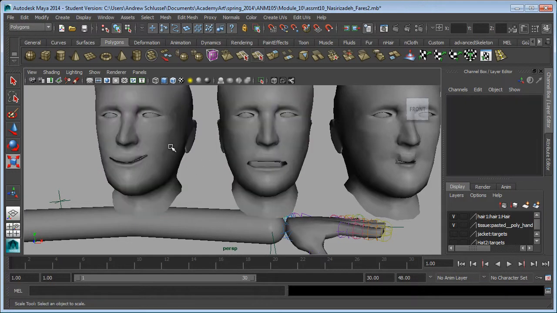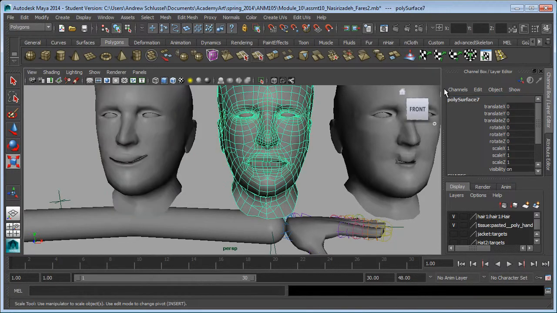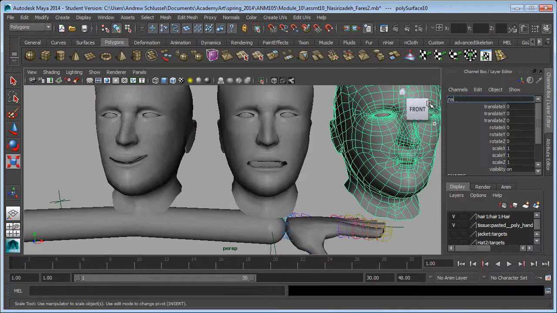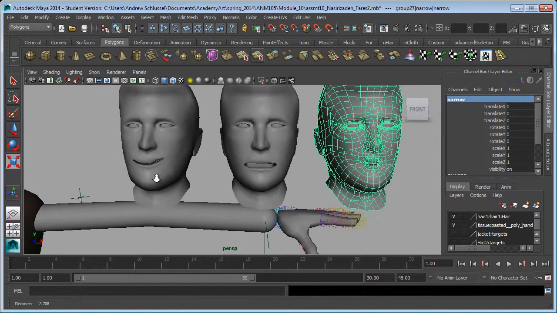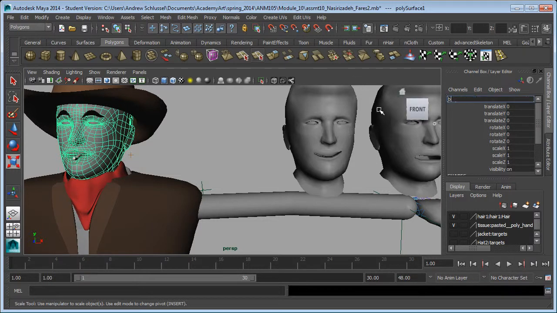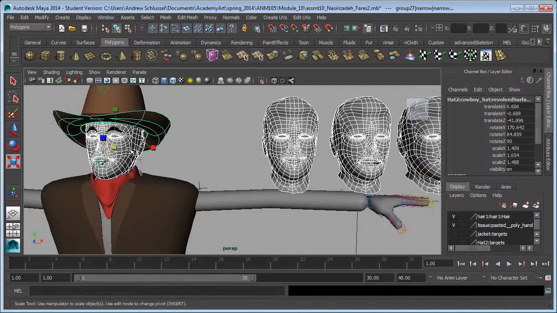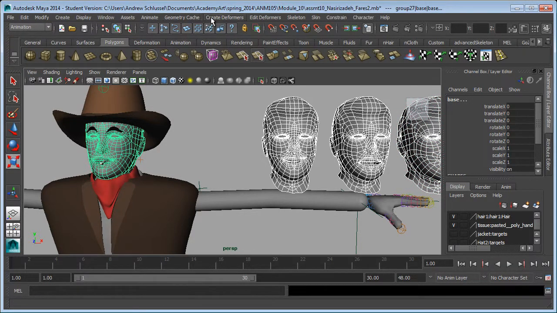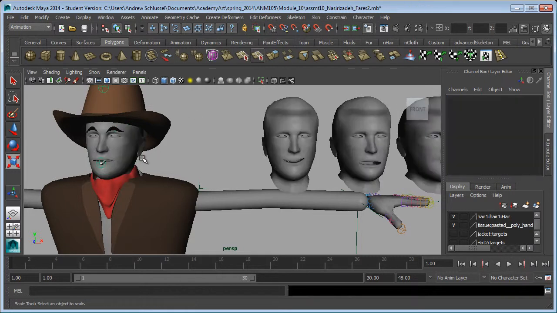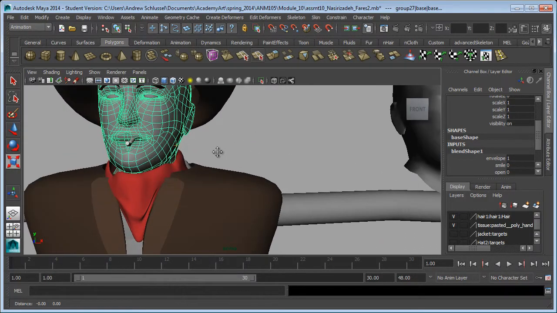Alright, and since I now have separated them, I'll have to name them again. Smile, and open, and narrow, and call this one base. And then I'll select these three, and then select this one last. And then from the animation menu set, create deformers, blend shape. So now this head has a blend shape, and I really should have deleted history before I did that,